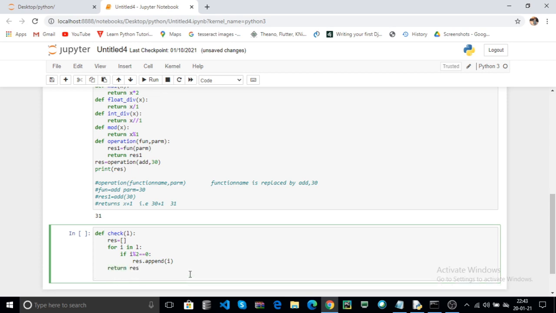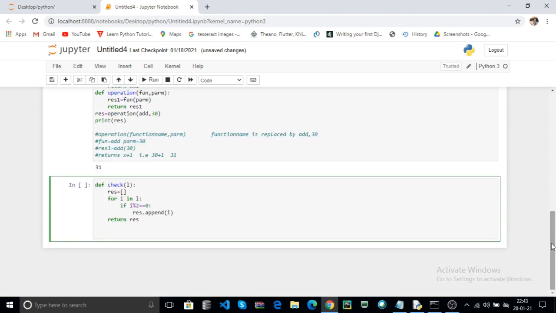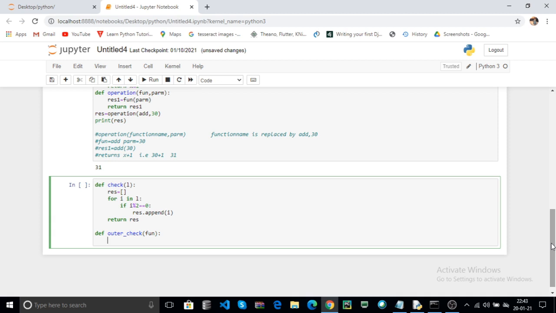Now this is the one function. And how to create a decorator? Now define another function, for example outer check. Here it contains, I pass one function, and I create another function. I pass parameters to the inner function, inner check. Here I pass one list.